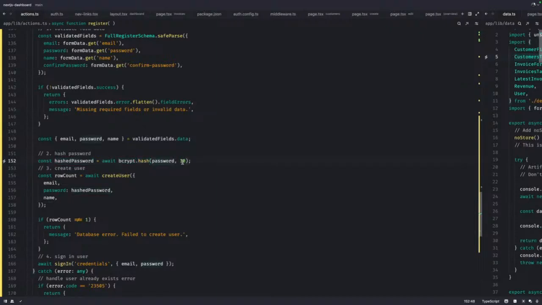So this will convert the plain password, because most of the time inside of our database we don't want to be storing plain passwords. So what we want to do is store a proper kind of data in there. A proper kind of data means data that has been hashed. All right, so this hashes the password and we have the hashed password.